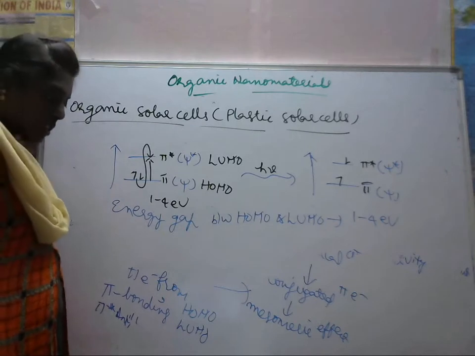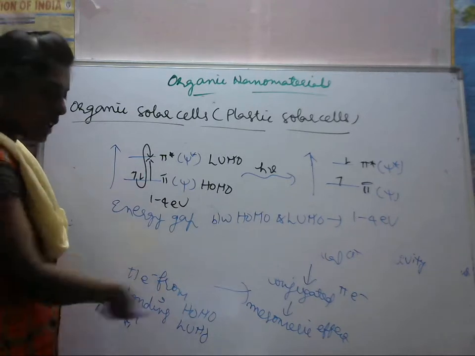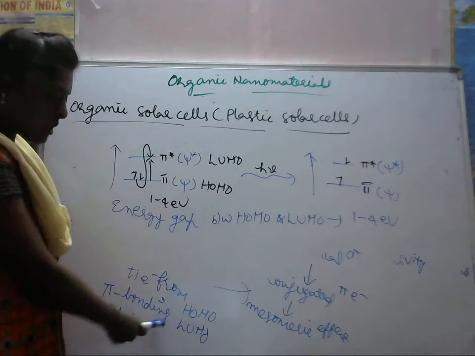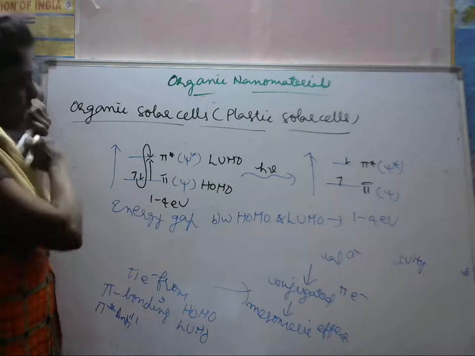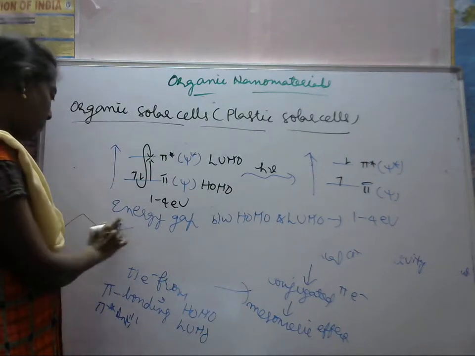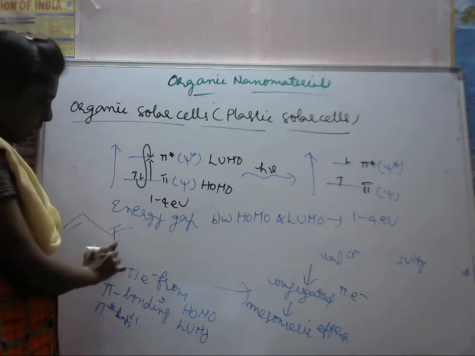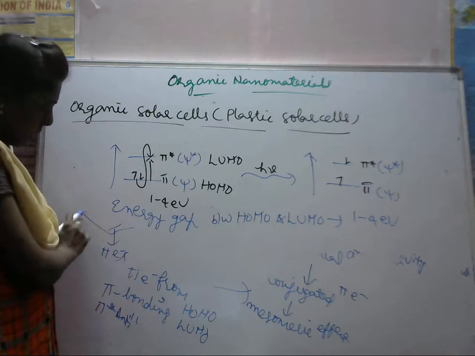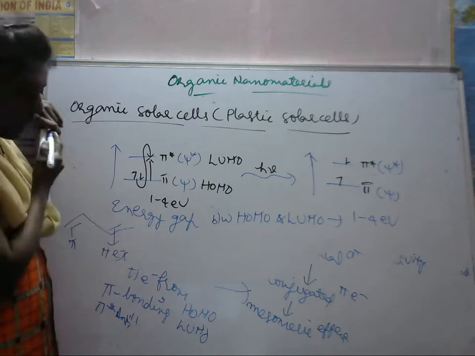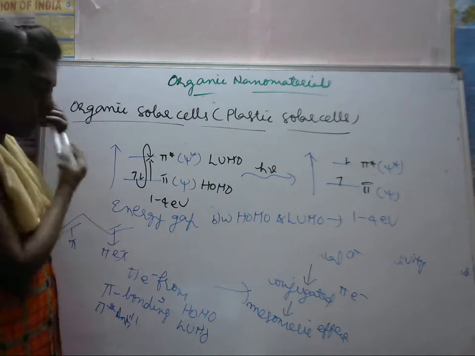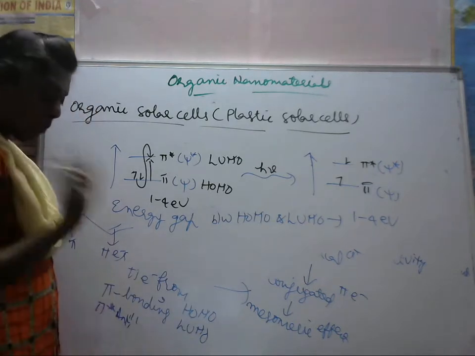The electronic structures of all organic semiconductors are based on conjugated pi electrons. Why? In a conjugated system, double bond pi electrons are there. Suppose I am explaining: this is conjugated, with alternate double bonds, so pi electrons will be there. How are the pi bonds formed? By using pi electrons only, right? So it has light absorption and emission, and charge generation and transport.